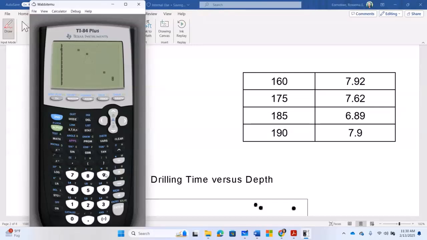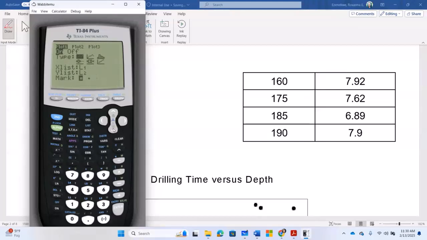So the scatter plot I have right here, is it what I'm supposed to have? Yeah, well, let me see. I need to go back and see if I fixed something right. So, okay, I did not. So I'm going to go to second start plot again